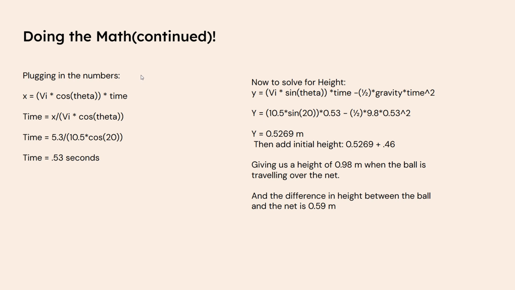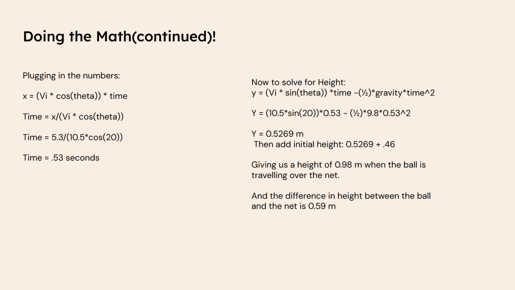Doing the actual math, we go ahead and plug in the distance of 5.3, and then we divide it by our initial velocity of 10.5 meters per second, and then multiply that by the cosine of our launch angle of 20 degrees. And then we find that it takes the ball 0.53 seconds to travel 5.3 meters. And then we use that time and plug it into our y function, using the same speed and angle, but this time finding the sine of the function. And doing that, we find that the ball is traveling at a height of 0.5269 meters when it reaches the